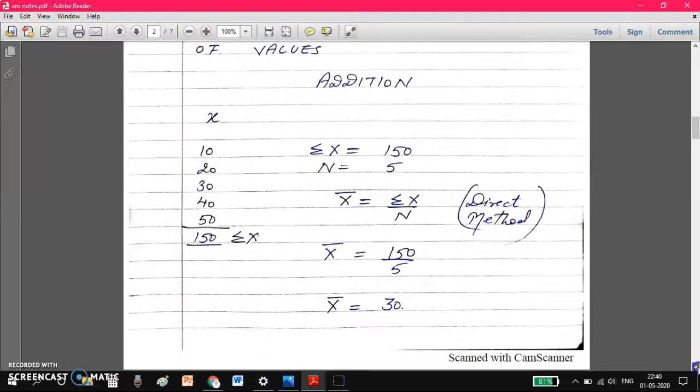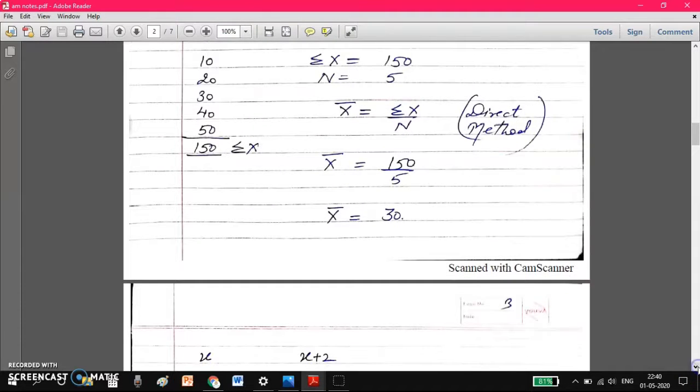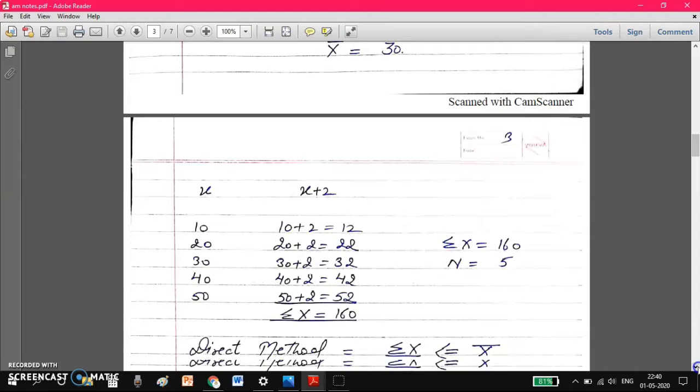So now we'll move on to the second step of the same sum. Here we are adding 2. So students, any number can be asked of you to add in that X series. What you will do is add 2 to every number of the X series. Fine, here you'll add 10 plus 2 equals 12, and this is how you will add 2 to all numbers present in this series, and in the end you will do the summation of X. You need not write anything else here, you just have to write X plus 2, whatever you add.